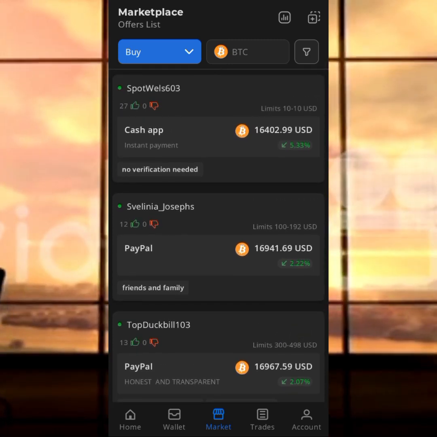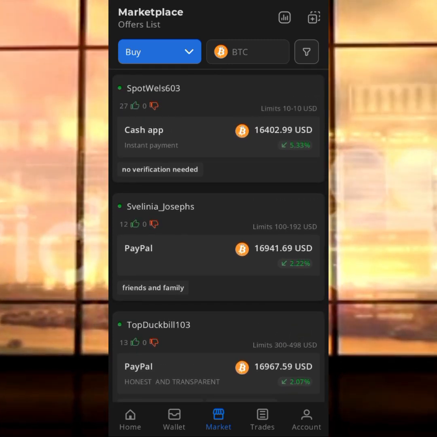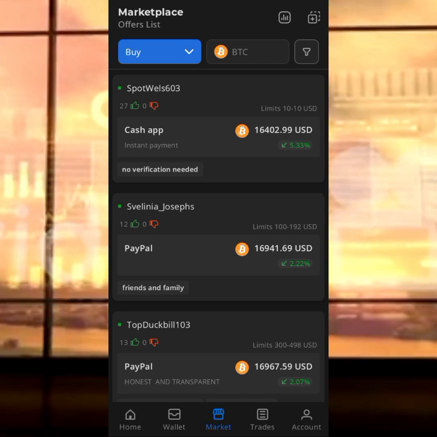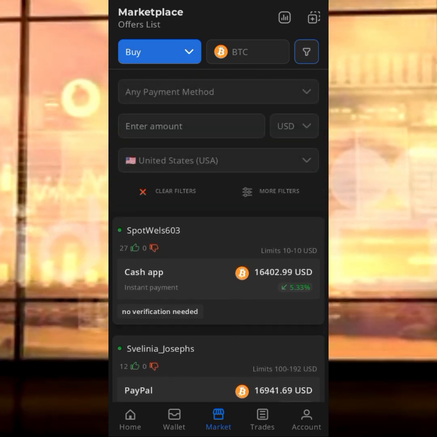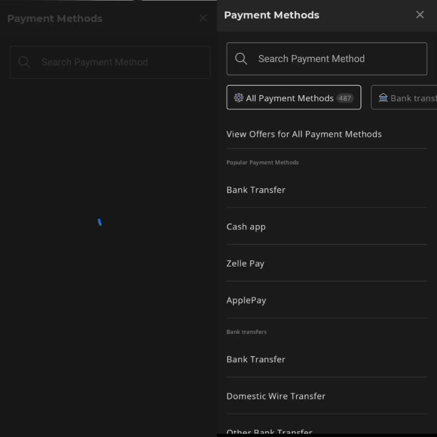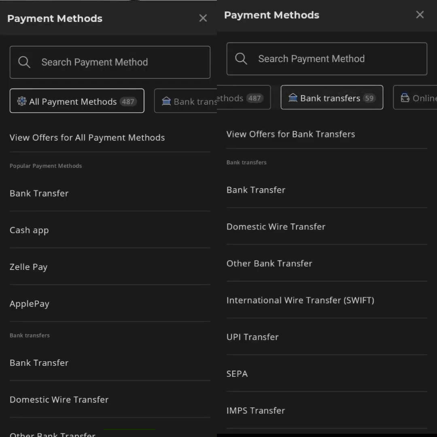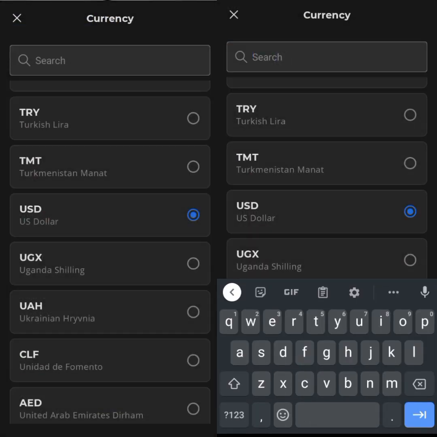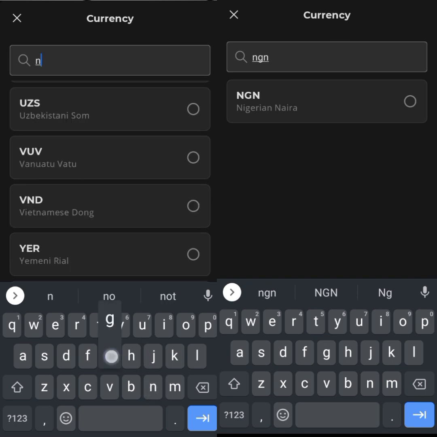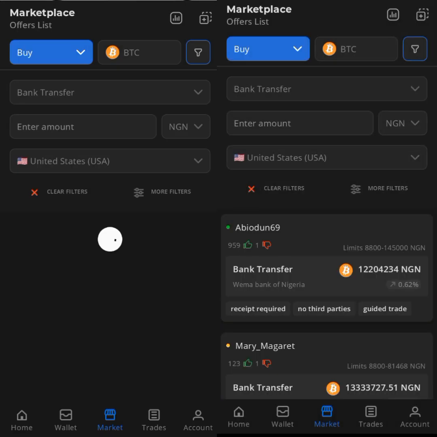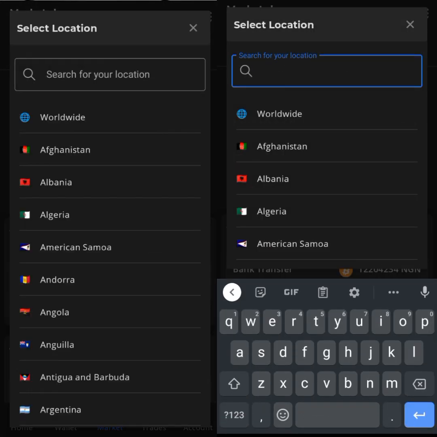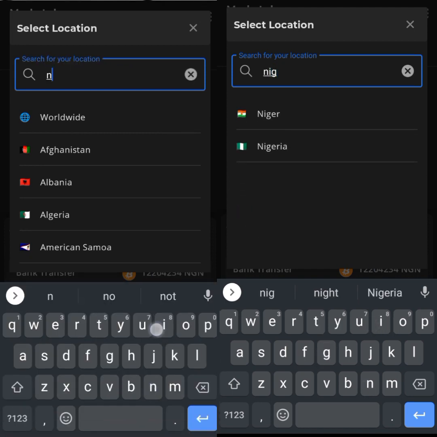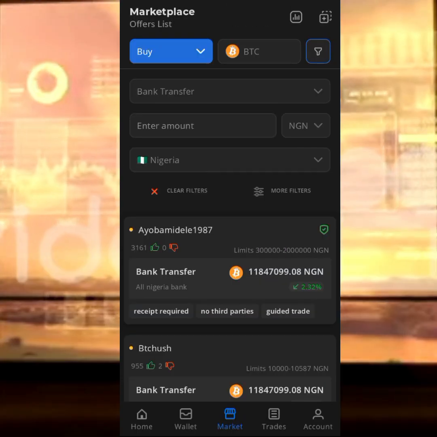So okay, here we are again, and here is another. I need to check it out again. I need to change it again, to bank transfer. I locate it here, and I click the same thing, and I come here, I change USD and I put NGN. I want to be so fast now, and I come here and change United States and put Nigeria again. So it's going to show me Nigeria, and I come here.